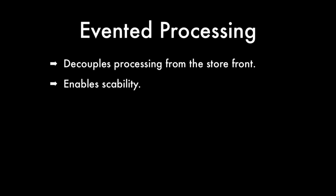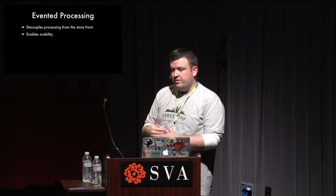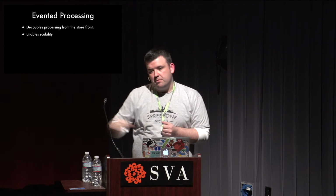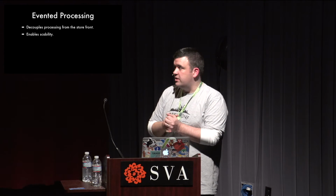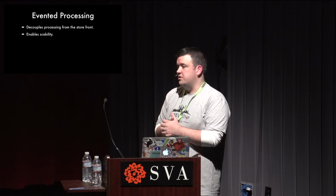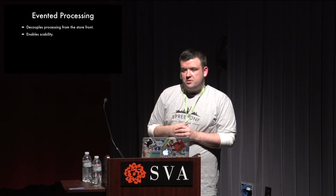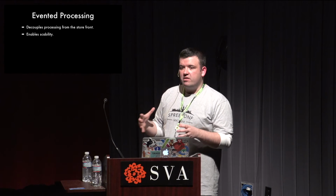So I just want to talk briefly about evented processing and what that means for the storefront, because this is an important aspect of the hub. This evented model is very, very important for decoupling processing from your storefront. One of the first things when you're building a Rails app, if you're sending email, you have to take that email sending and put it in a background process, right? And then you're ultimately responsible for babysitting that background process forevermore. So when you get into the more complex workflows of a storefront, you're sending orders to NetSuite and all these different places and to drop shippers. The number of background processes you have to be worrying about becomes astronomical if you're doing it correctly in an evented way. So the hub really helps you there, and it gives you a pattern to follow